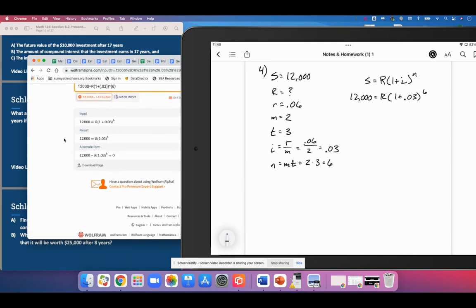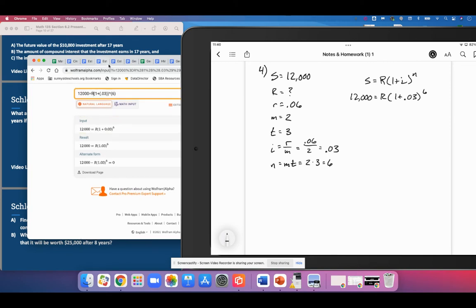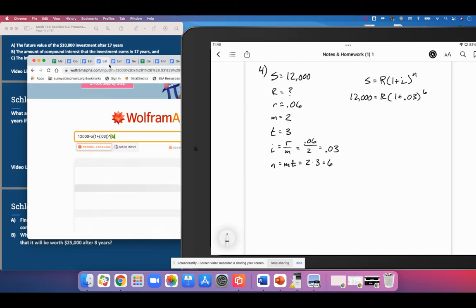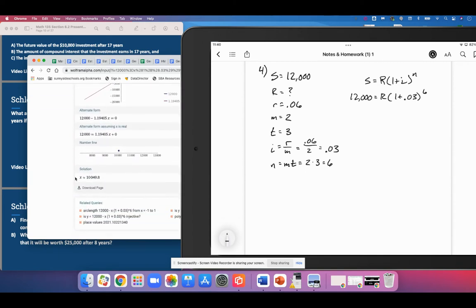And so remember, I hope you watched the slides before this. Wolfram is not giving me an answer, and that's because it doesn't like this variable R right here. So what I need to do in that case is I need to replace that R with an X, and then Wolfram will go ahead and solve it for me. So our solution is $10,049.80. So R equals